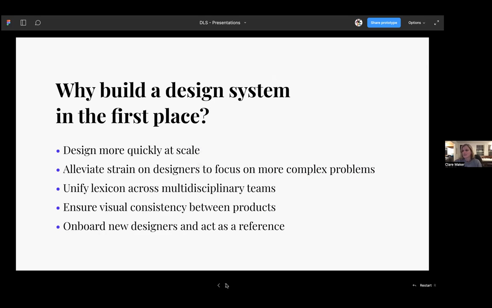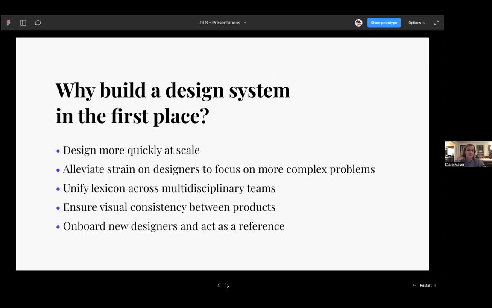Okay, so I'll kick this off. So like Chris said, we both work at a large company with hundreds of designers and products. And so we saw that that's a place where you can really use a design system. But we might want to just run through this little checklist and see if a design system is the right fit for your company or your product in the first place.